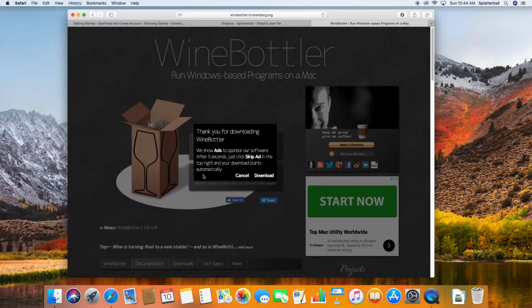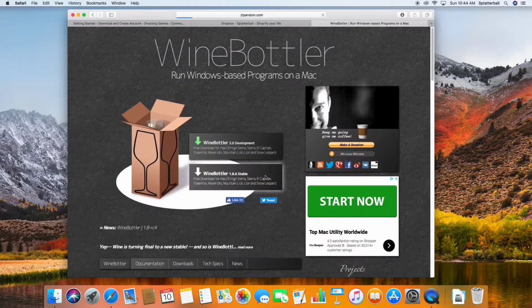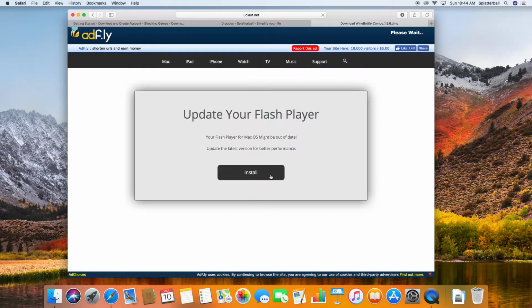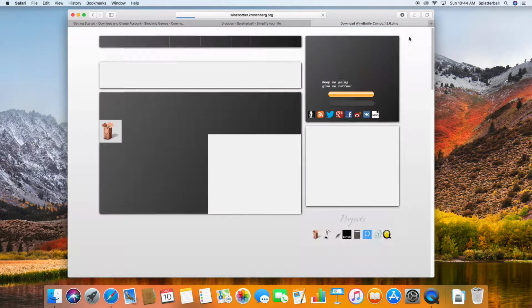So once you click on it, you're going to get a little message that it's going to have an ad, and you need to click in the top right hand corner. So just click on download, and it redirects you to this page here. As you can see, do not click anything in the middle here, just ignore all this. Basically you're waiting for that countdown at the top right hand corner until it says skip ad. So go ahead and click on that,